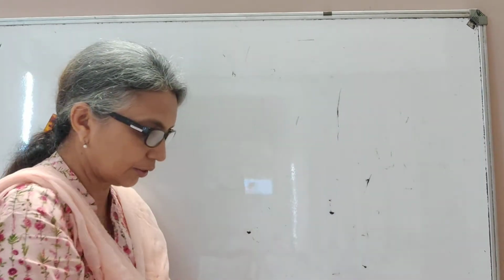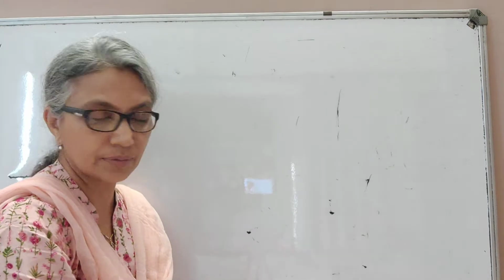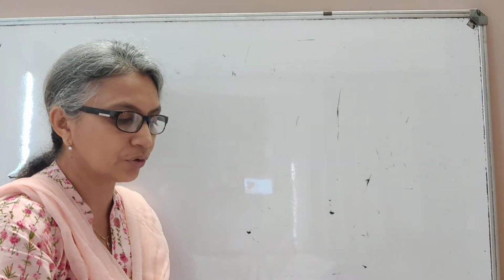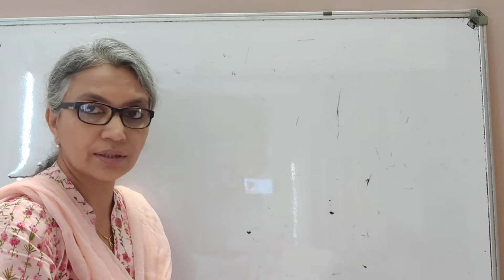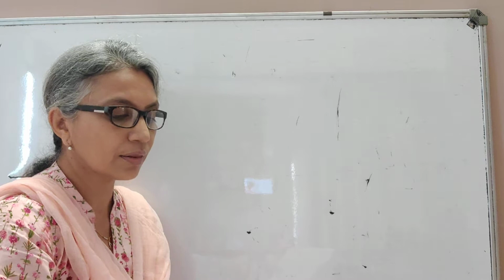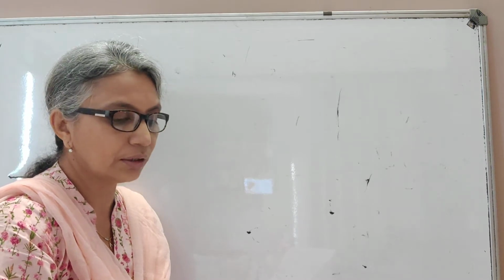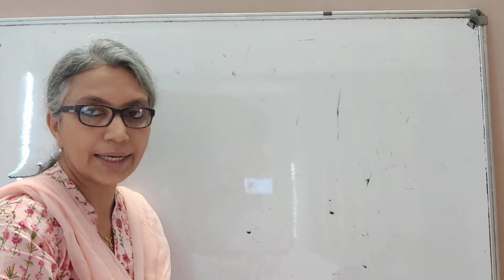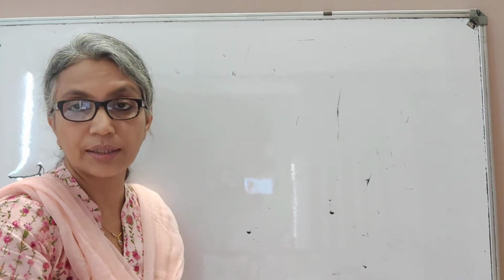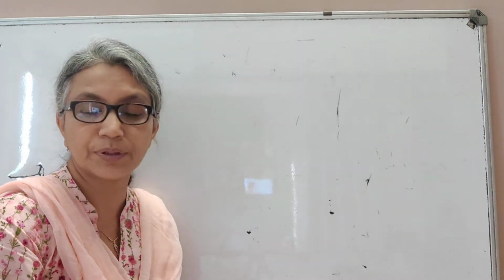Now suppose they tell you, I'll read the question. Derive the formula for time period of oscillation of a simple pendulum. If you know that the factors that determine the period of oscillation are the mass of the bob m, length of the pendulum L, and acceleration due to gravity g. So here they are telling you the time period of oscillation of a simple pendulum.